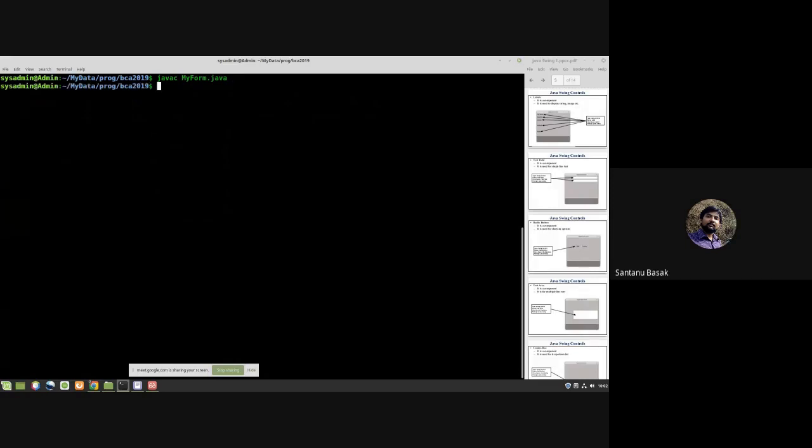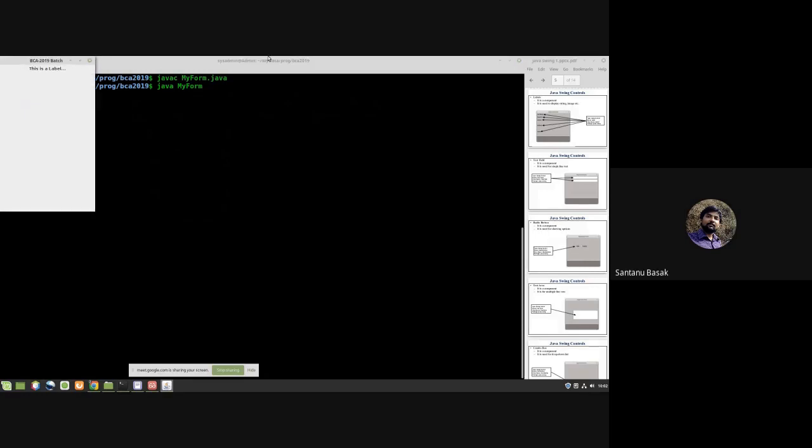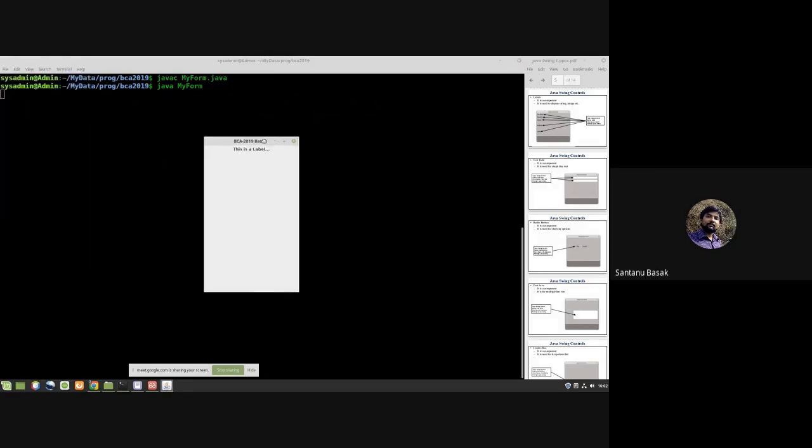The compilation is done. Now we'll execute our program. On the execution, we can see something is written within the main window. So now you can see that this is a label is printed.